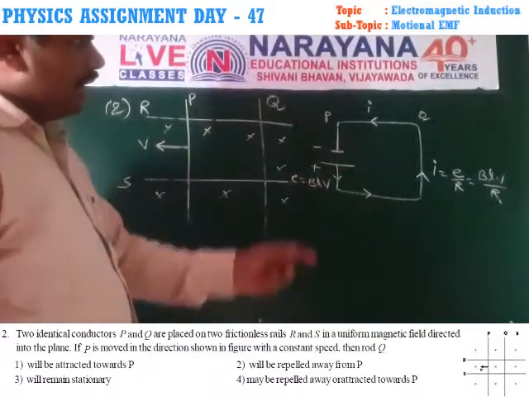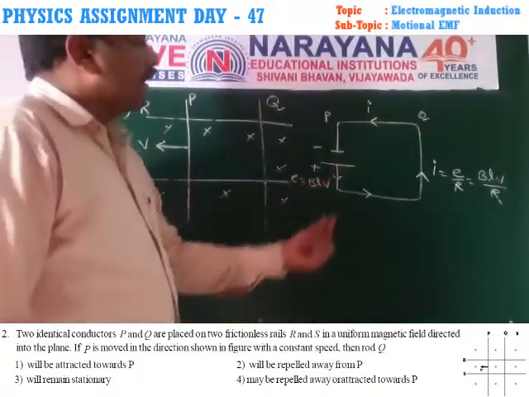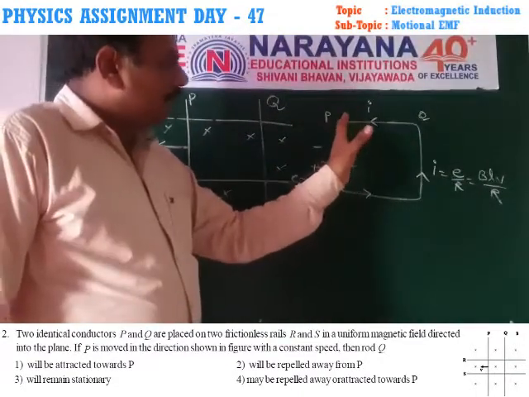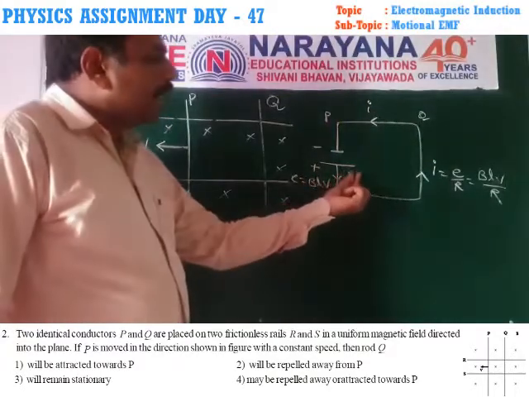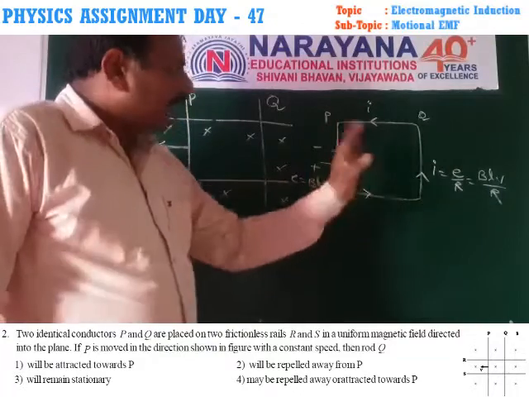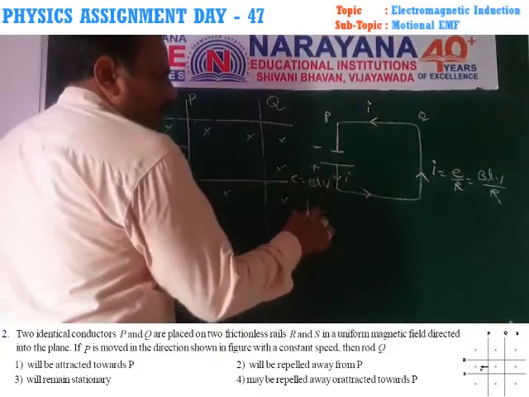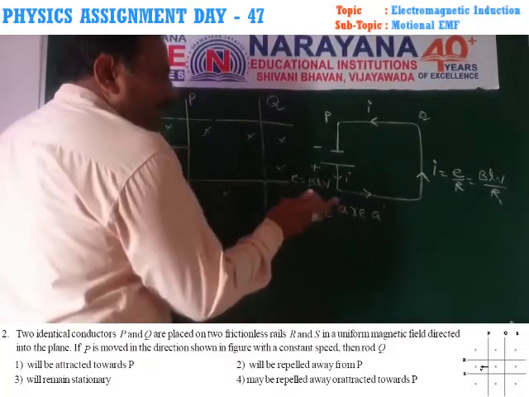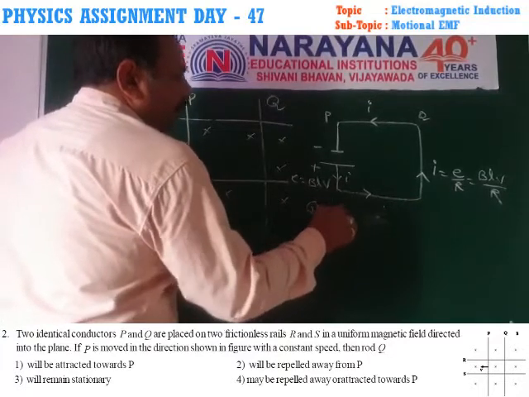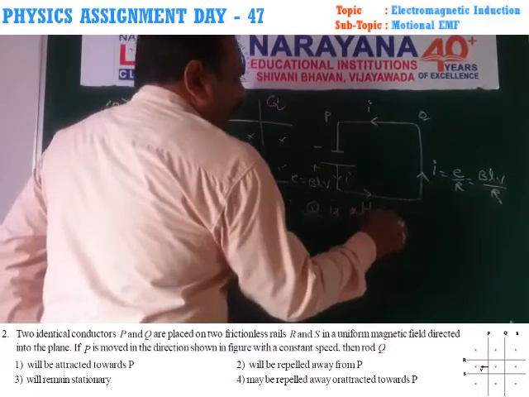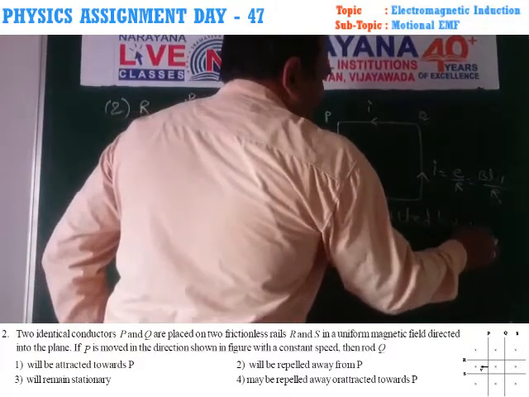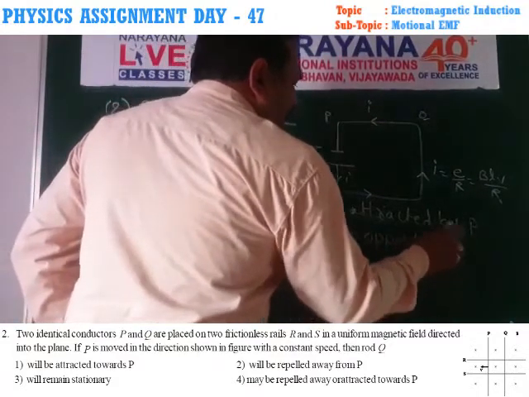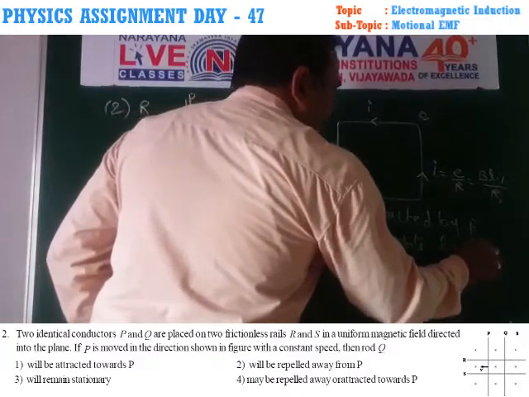But you have to see that in the P conductor and Q conductor, the currents are in opposite directions. When two conductors are placed parallel and the currents carried in them are anti-parallel, there is an attractive force. P and Q are attracted. So that means Q is attracted by P due to the opposite direction of currents.